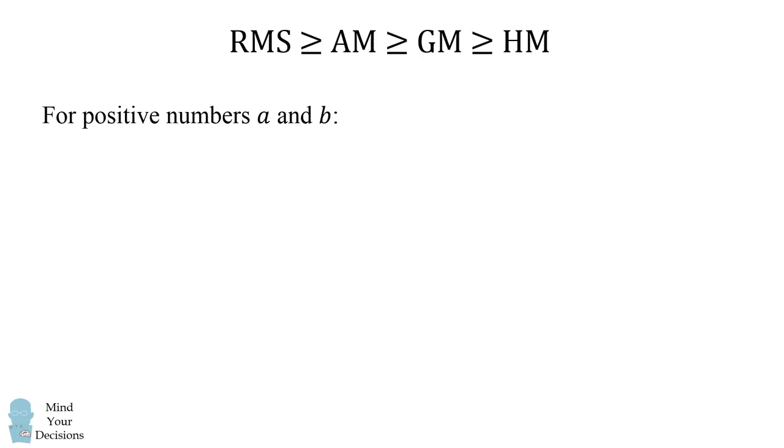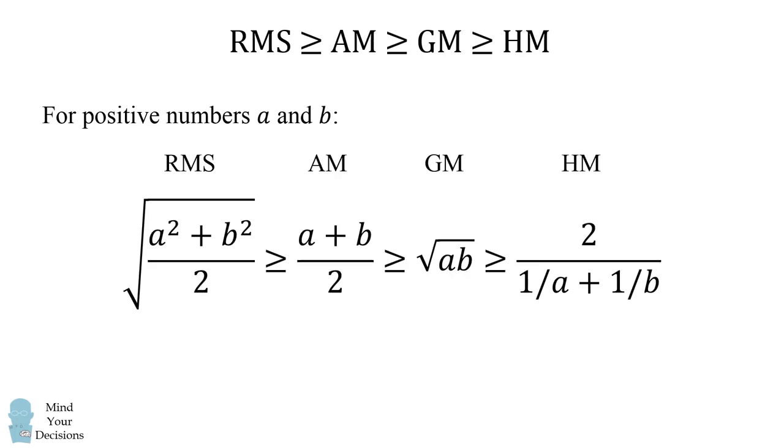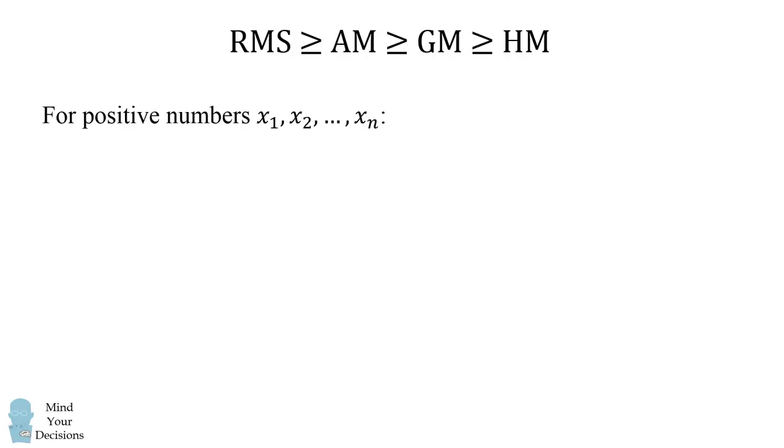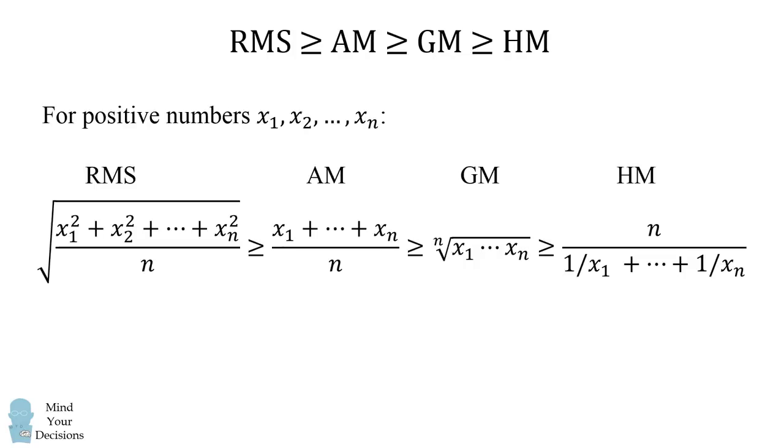So to put this all together, we've demonstrated the root mean square, arithmetic mean, geometric mean, and harmonic mean inequality for two variables. Equality holds if and only if a is equal to b. This is the inequality for two variables, but it actually generalizes to n variables in the following form,